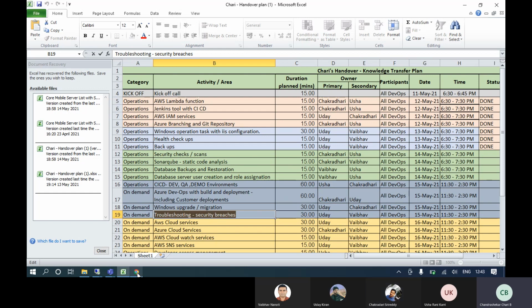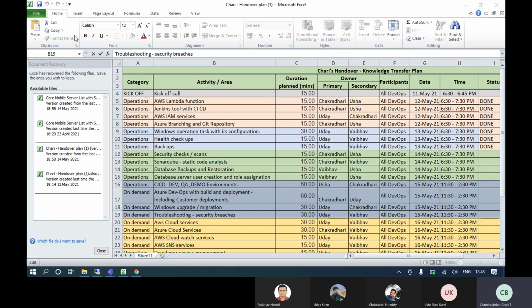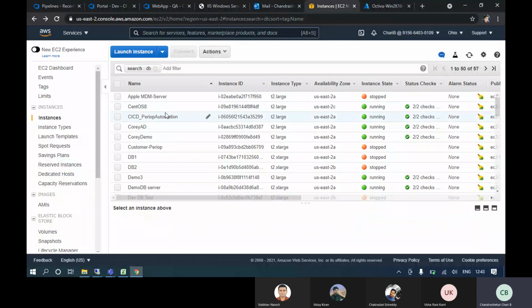To set up Nessus scan, you need to create one virtual machine. The free version is available for only 15 scans. So what Chandra has suggested is we can create a number of virtual machines in AWS. Once you spin up a new VM, it will be configured as a new Nessus scan, and you can perform 15 scans. For that, you need to give one mail ID, any Gmail, and you will get 15 scans.